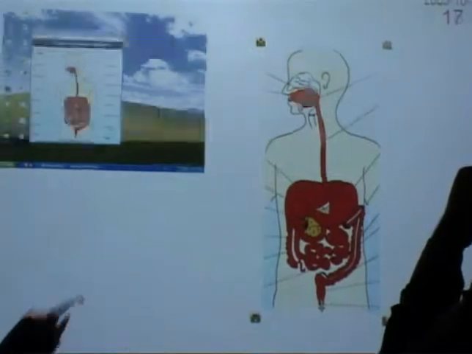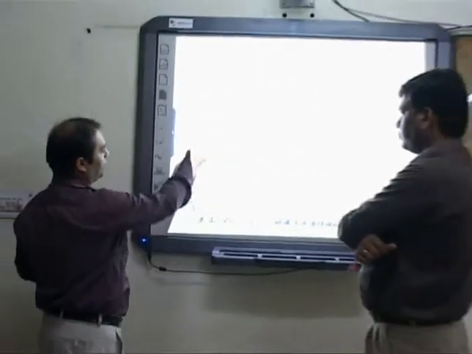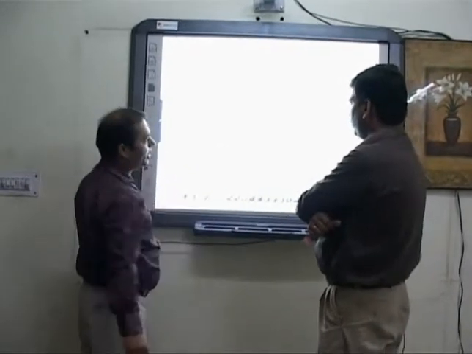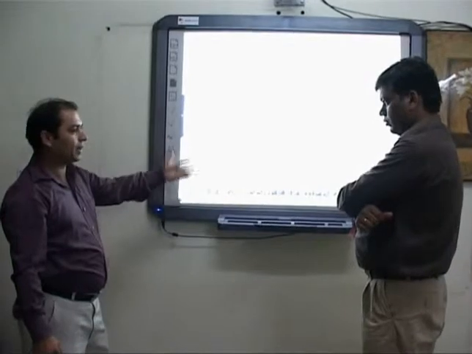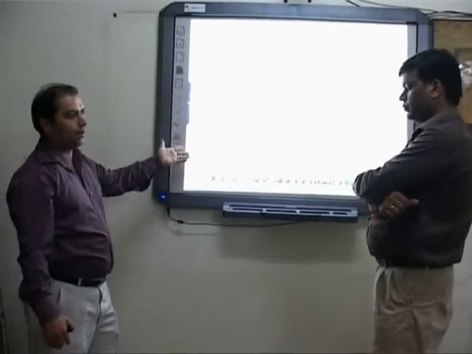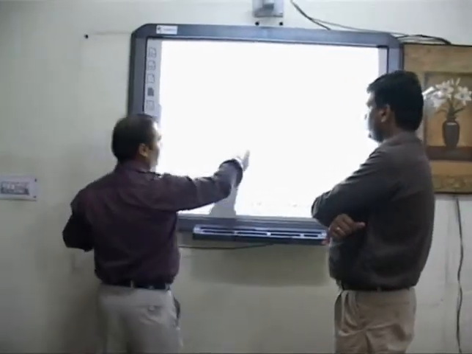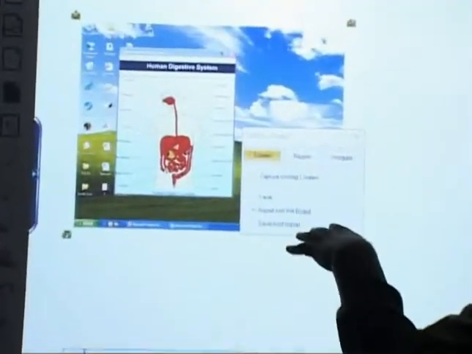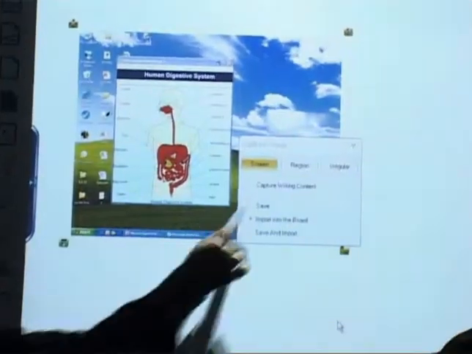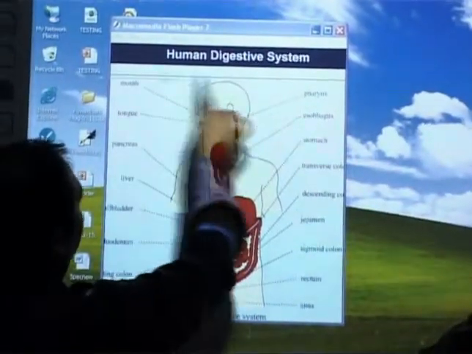If you are running an Internet Explorer file or an image file, then we have another feature called the image capturing feature. We can capture images in three manners, like full screen capture. Whatever you are opening in the background, opposite the whiteboard application, you can capture that particular screen. The entire screen will be there, or you can capture some part of the picture.